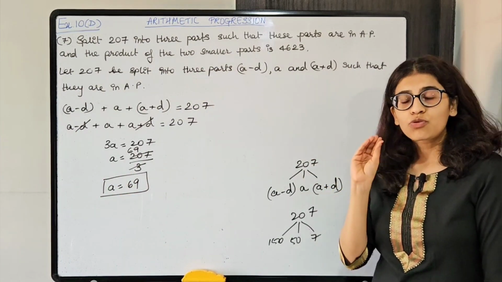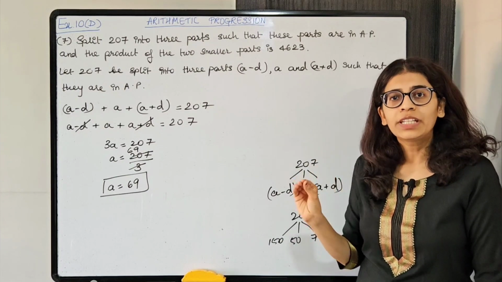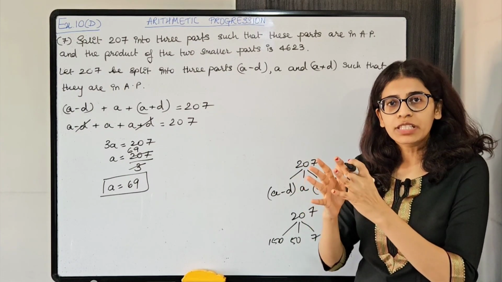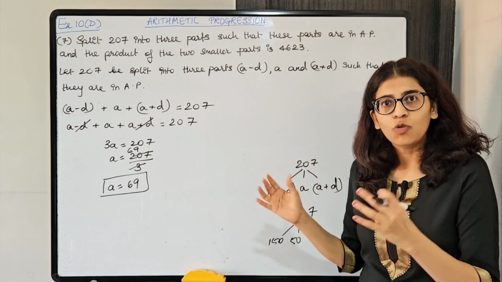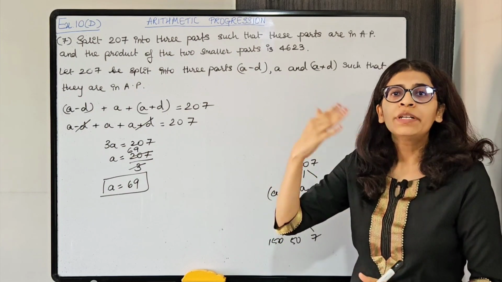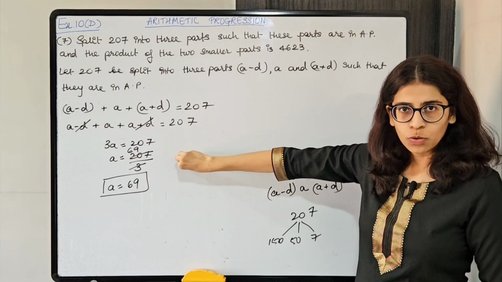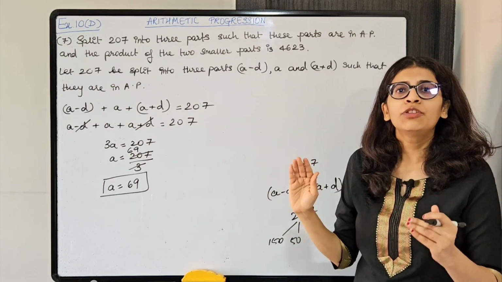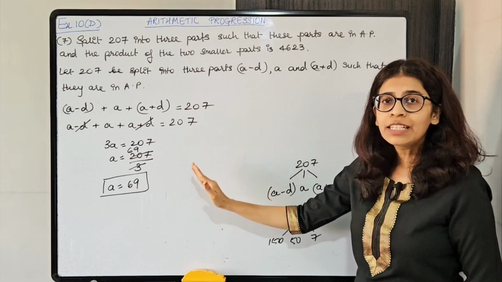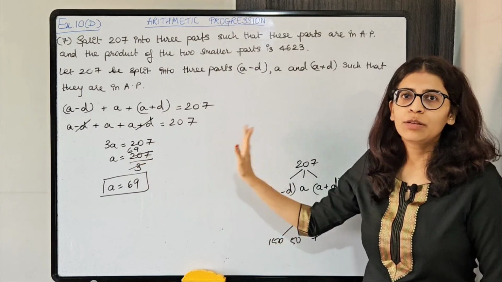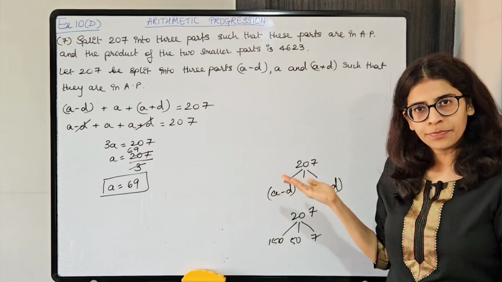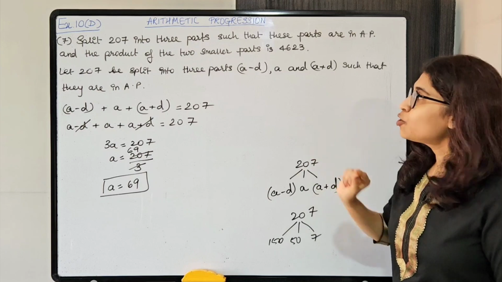Okay. So students, keep in mind whenever you are told that a number is split into some parts, then वो parts को add करके मुझे वापस से वही number मिलेगा. So that will be the first condition. Okay. So condition will not be given to you. You are supposed to know कि number को split किया है, तो वो सारे parts को add करके मुझे वापस से वही number मिलेगा. Okay. There is one condition given in the question.